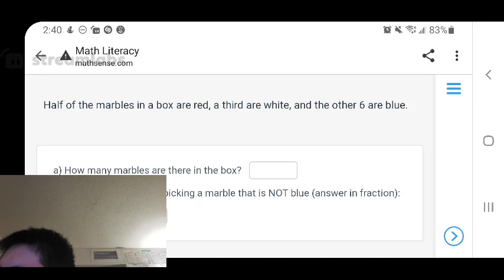5/6 x. So 1/2 plus 1/3 is 5/6. Yep, 3/6 plus 2/6, it's 5/6. Equals x. And then subtract 5/6 from both sides. You get,